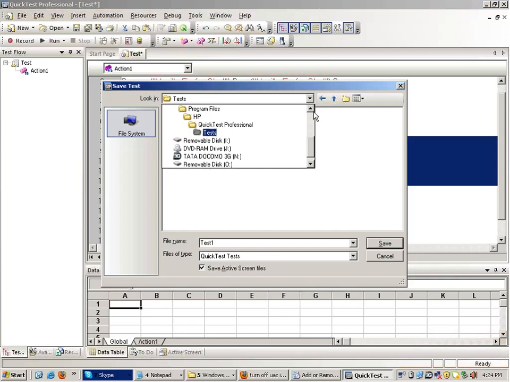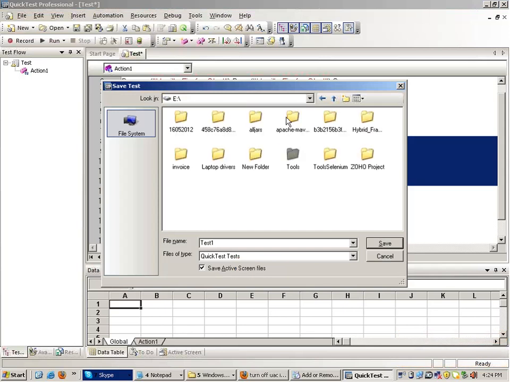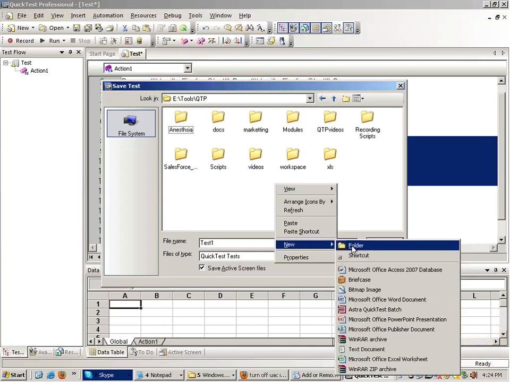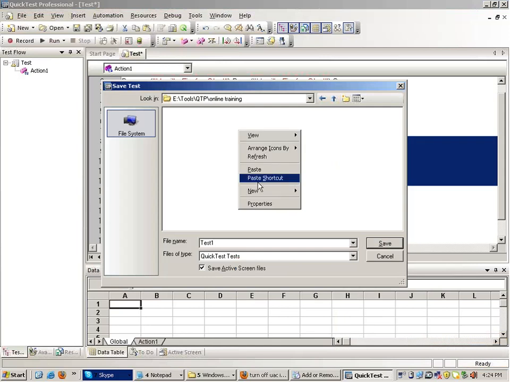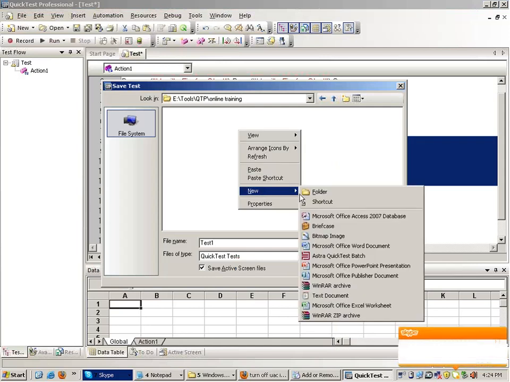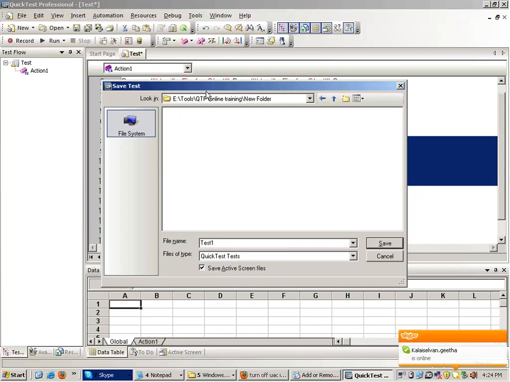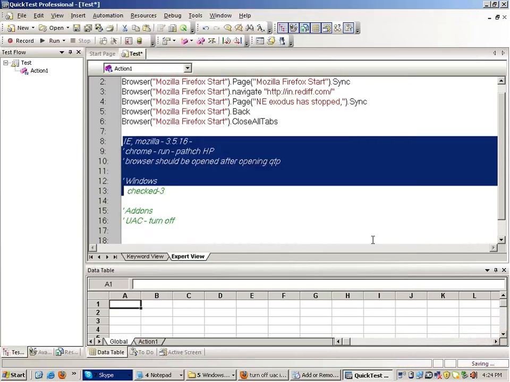I'll save it as day1_1. Okay, so this is my test.